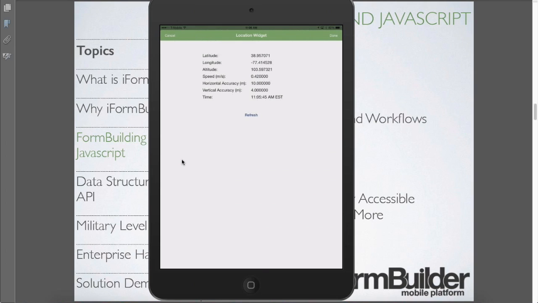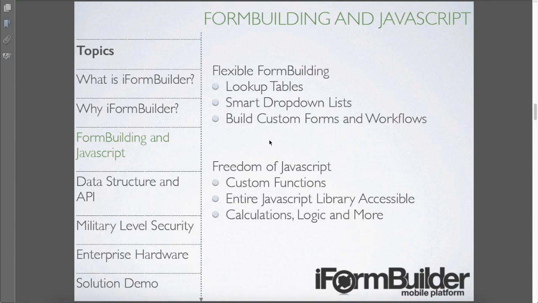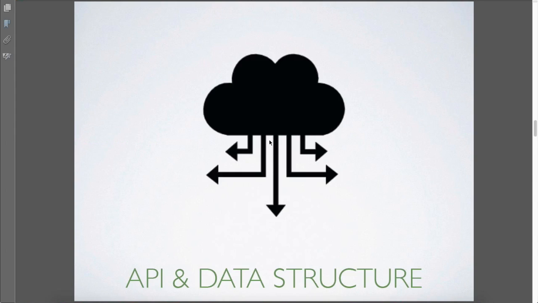And as well here, this is again with the location widget. This is showing my current longitude and latitude, altitude, speed, compass direction, all those details. If I hit done, it's going to pull in where I currently am, and the closest address to my location, which here is the address of our office. So just a pretty cool functionality there, showing that that's just one function someone has written, and really we're relying on everyone else, all of our customers, to write these amazing functions and show us the very cool workflows that they're building. So next, I just wanted to go and talk about some of our API and the data